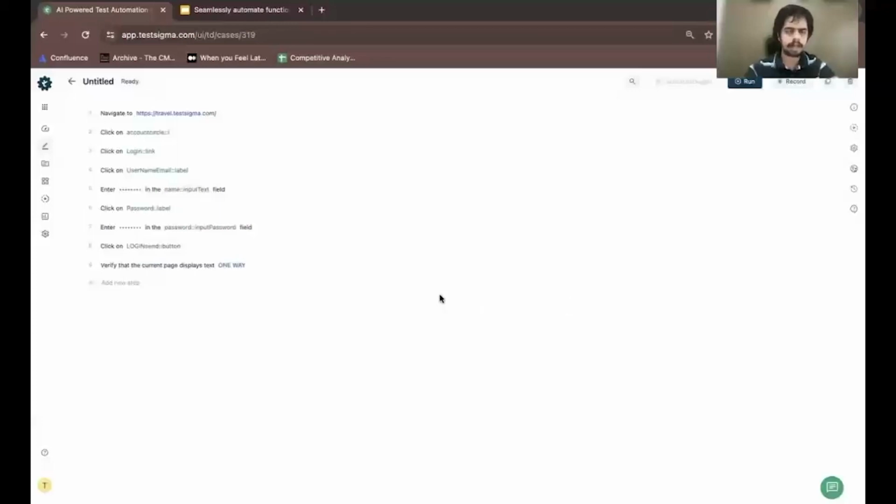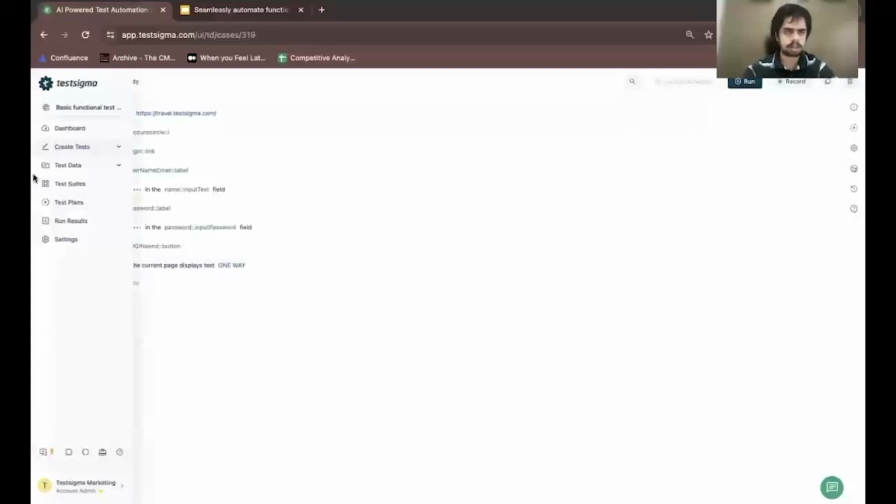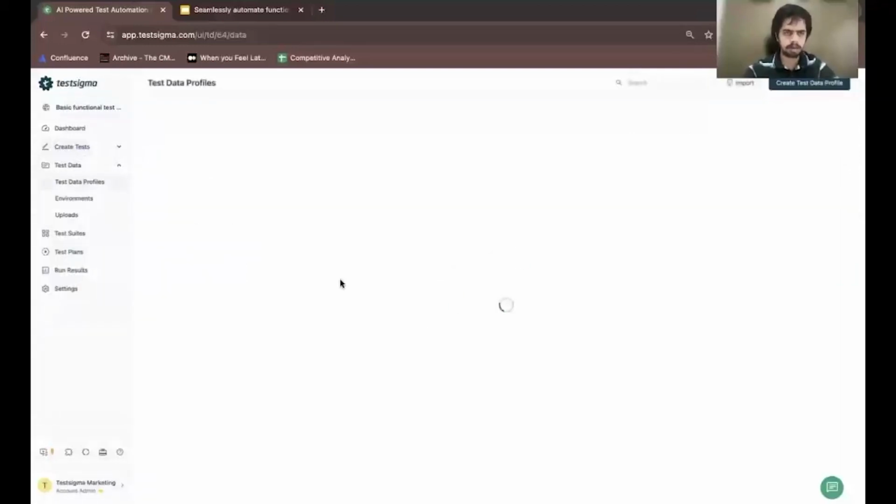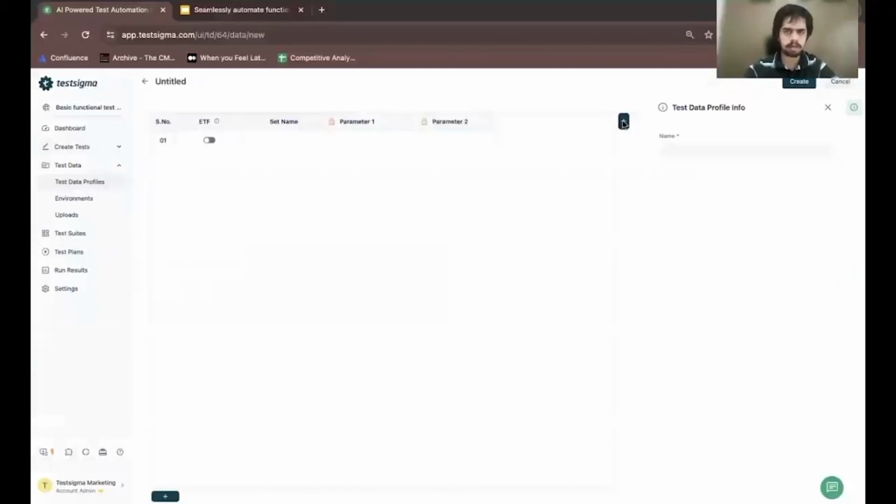Now, expanding the scope of this test case a bit more. Usually it's not just one combination of username and password that I would like to verify. What if I have multiple combinations? All that I have to do is click on test data and click on test data profiles. A test data profile is a combination of test data that you would like to use in a test case. So I can create a test data profile, and let's say I'm going to have two parameters. So I'm going to have two columns, and let's say the name for the first one is cred1,